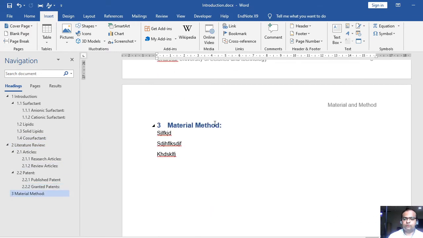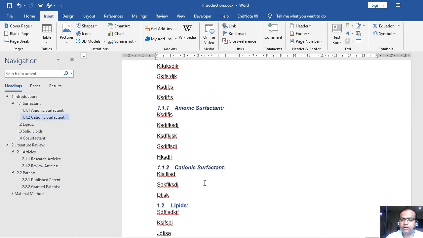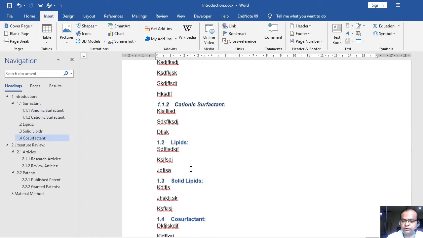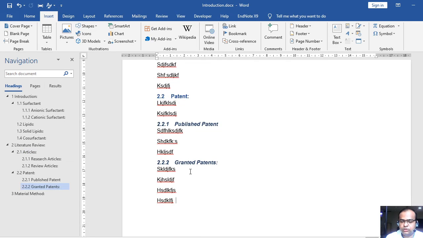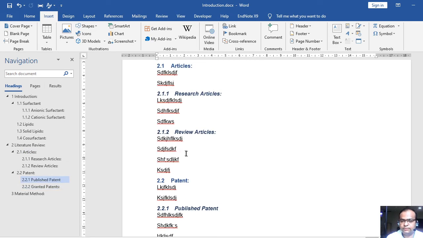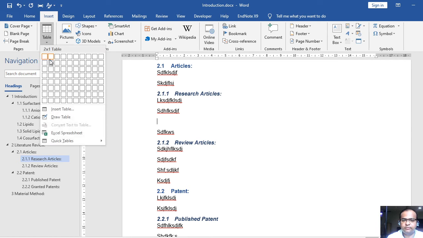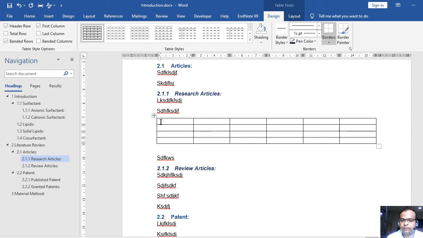Okay, now what is the advantage of following this system? But before that, let's move to another part of this session, that is managing your table and image. So normally, suppose I would like to introduce some table here. What I'll do, I will go into the Insert section and select the table. I will select the rows and columns as per my requirement.